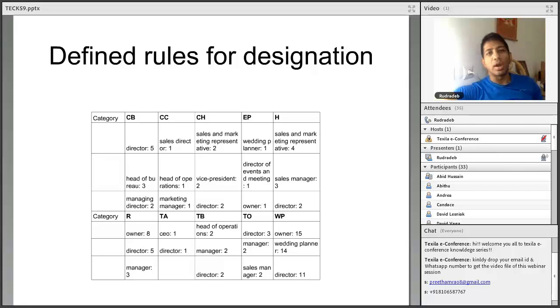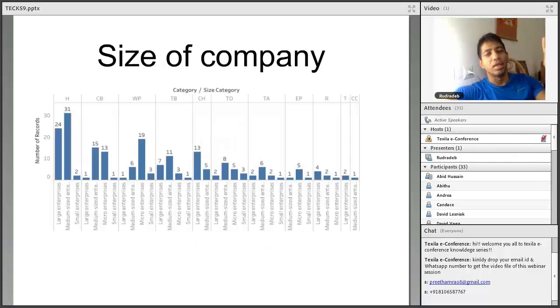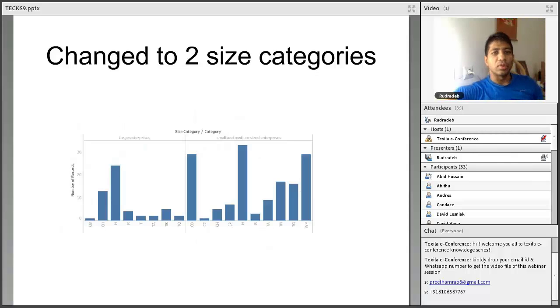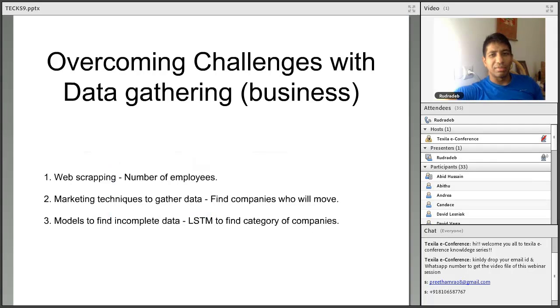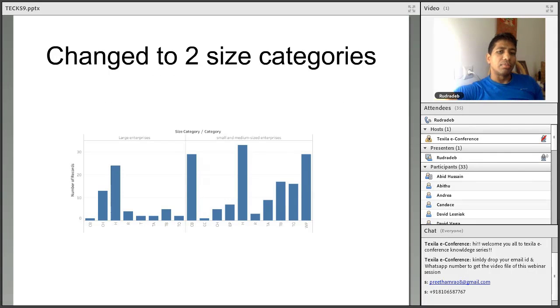We also want to know who the decision makers are, and that also we are trying to collect through web scraping: who are the people in different countries, what is the size of the company. We are also using certain rule-based systems to try to identify that, okay, in this kind of country, this is a decision maker. So these are all different types of things that we are collecting, and these are not so important for now.